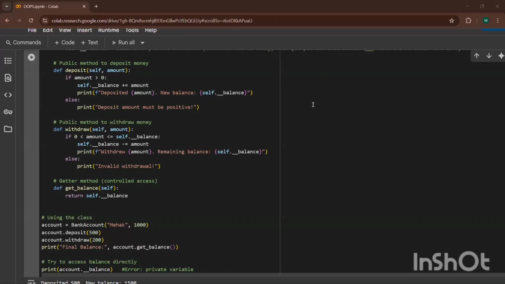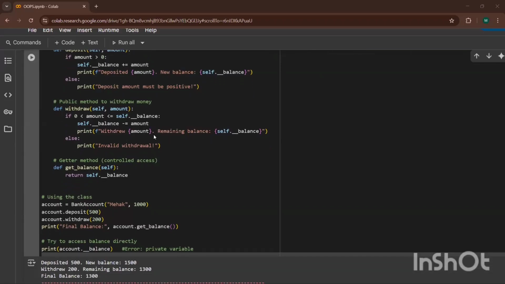Great. Now, similarly, we are creating a public method to withdraw the money. Now, def withdraw, self, amount again.